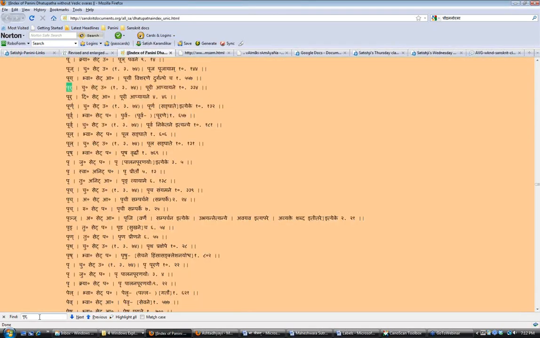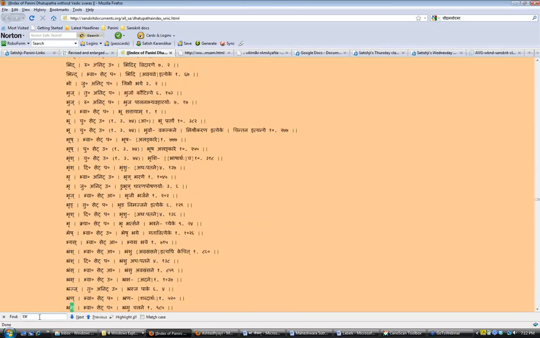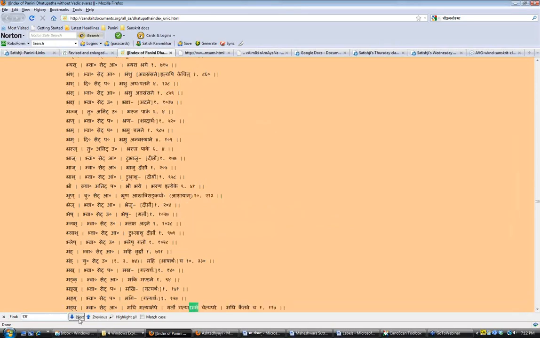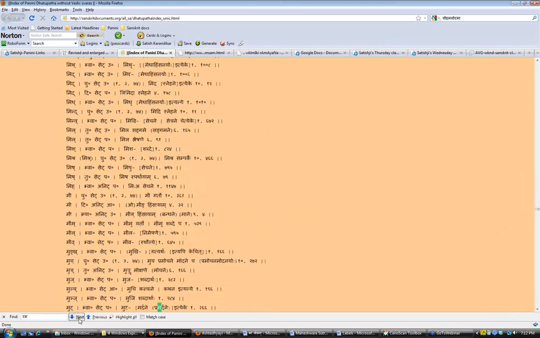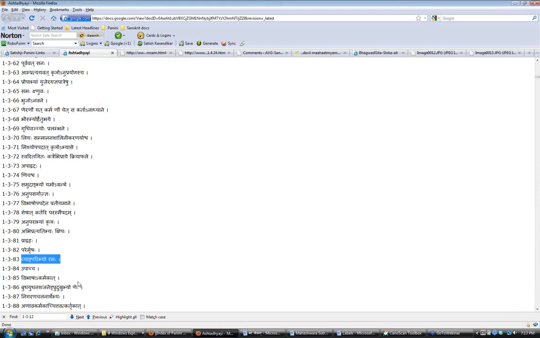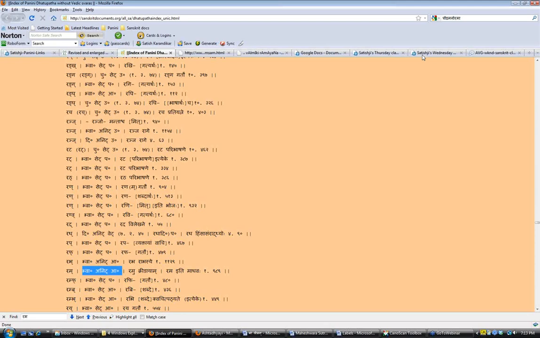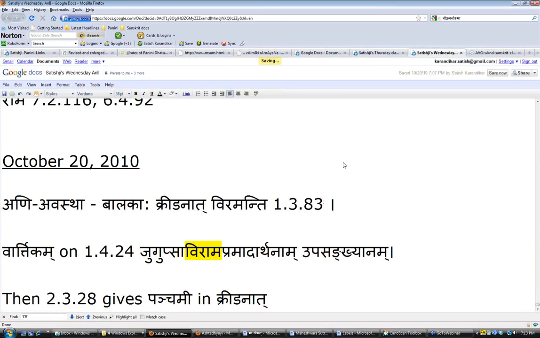If you look at the dhatu ram, here is ram, ramu kridayam. So this is ramu kridayam, which is the Atmanepadi dhatu in the Dhatupatha. But this particular sutram is going to force the Parasmaipadam when vi, ang or pari are there. So with vi, ang, pari, by 1.3.83 we get the Parasmaipadam. I put that over there. That was the anit avastha.